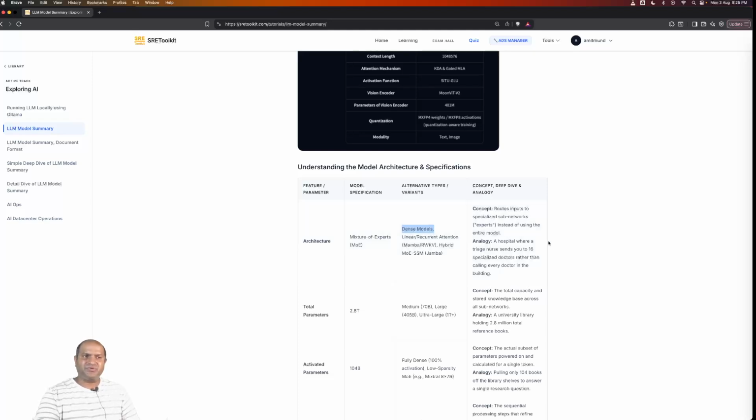The analogy you can think of is when you go to a doctor or hospital, right? For a specific disease, you might not need to meet all the doctors. For something very specific, you will meet the recommended expert. Consider that as the architecture of this. So one of the architectures here is MoE. We can go into more details of this anyway, but